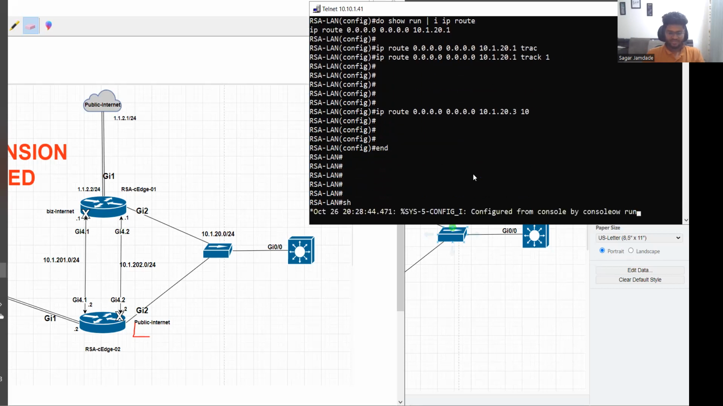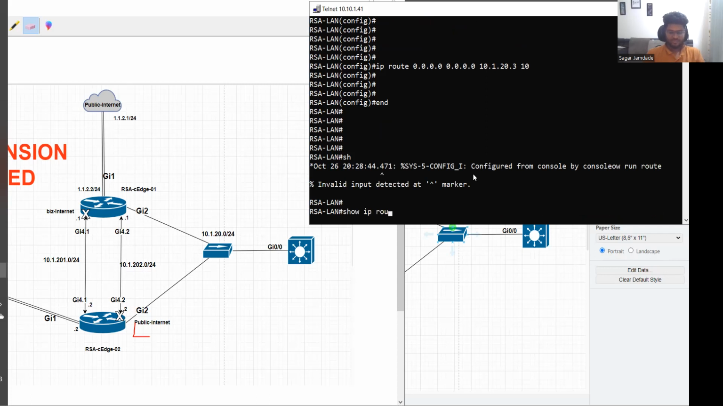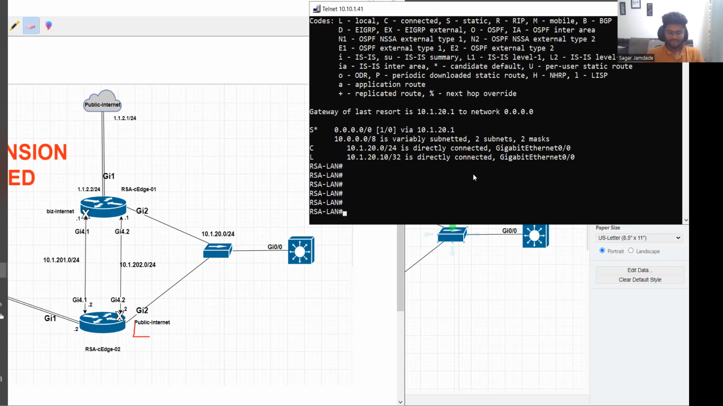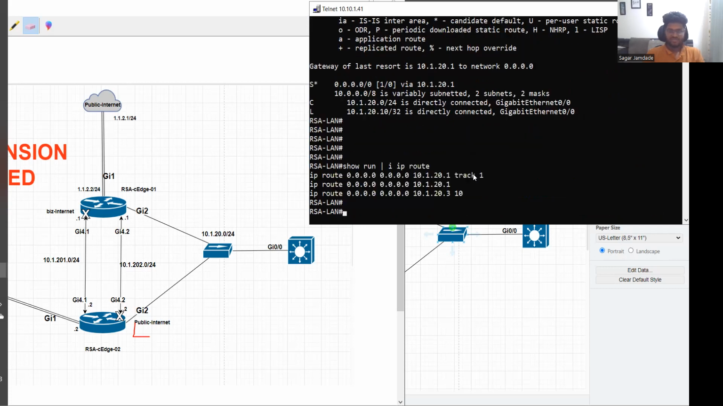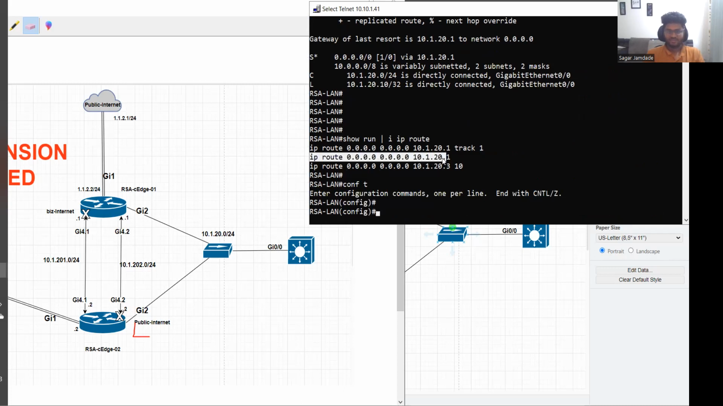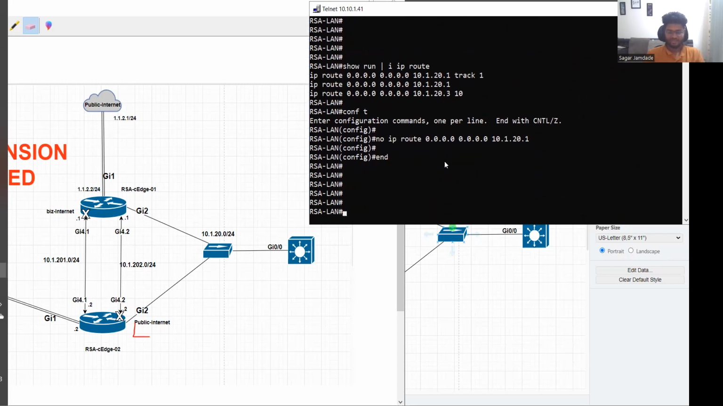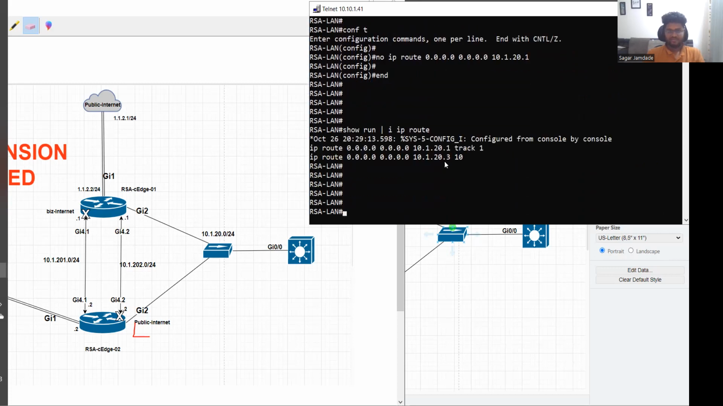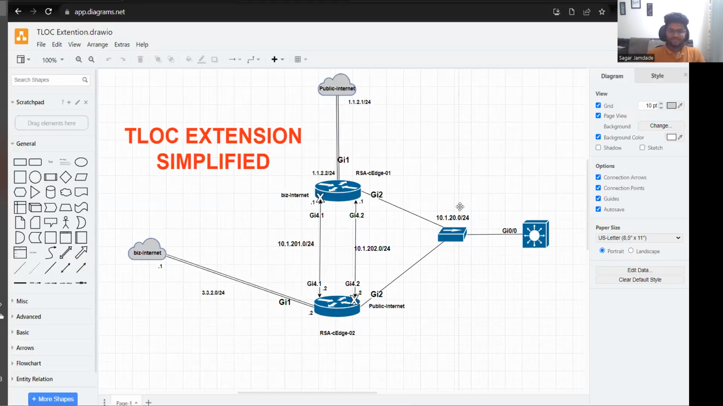Let me check the route, show IP route. Okay, and let me check the static routes. So yeah, I'm going to have to remove this static route because we are already tracking it above. Okay, now it looks good. Now let's test it,